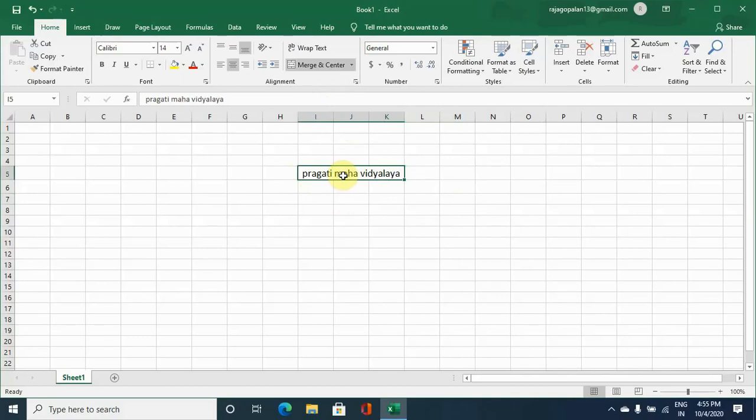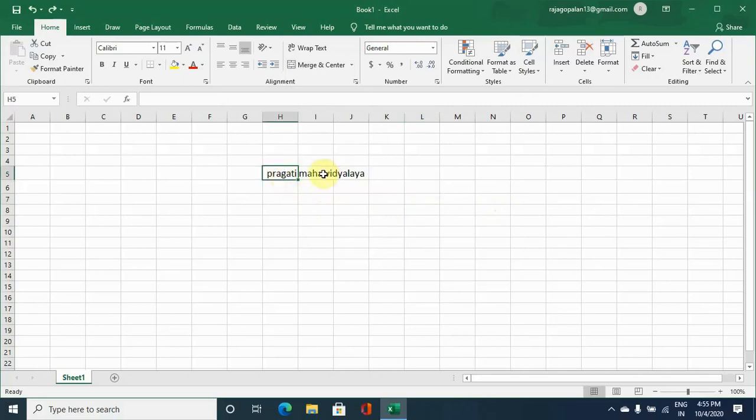Now this is one option. Then it may happen that when you have data here which is to be used for calculations, we may have a problem when cells are merged. Then without merging also, center alignment can be done. Now we will see how it is done. First we will undo it.